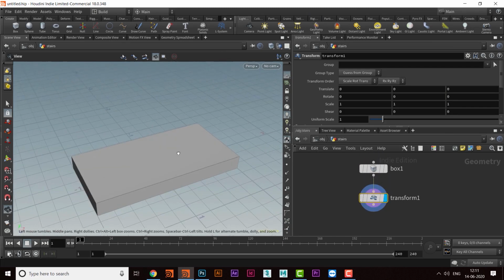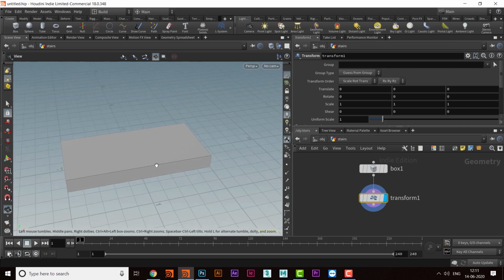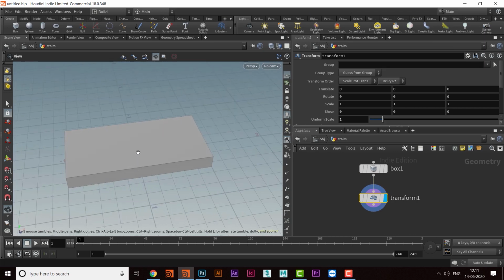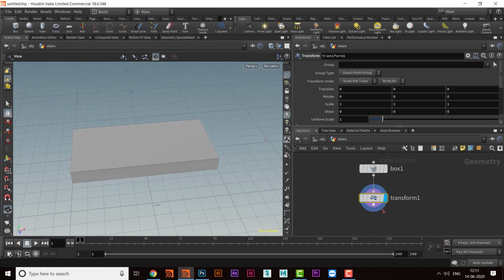In the transform node, I will take the staircase, this part here, alongside the origin, or maybe I'll have some extra gap after that. For that, this transform node will be used.